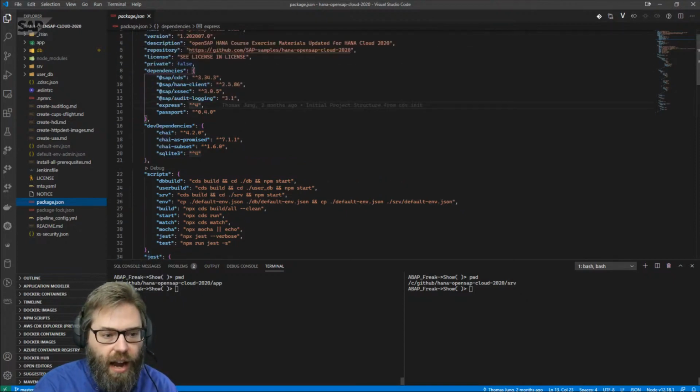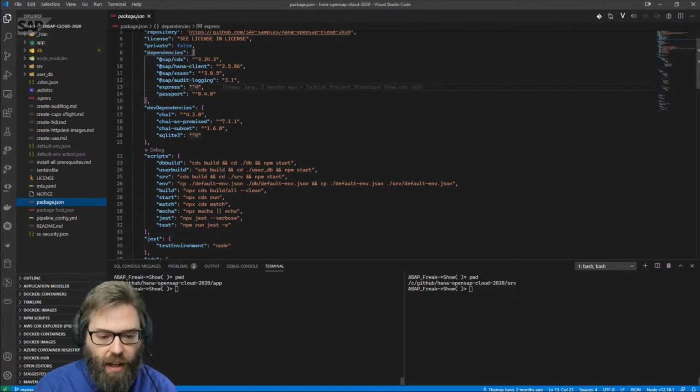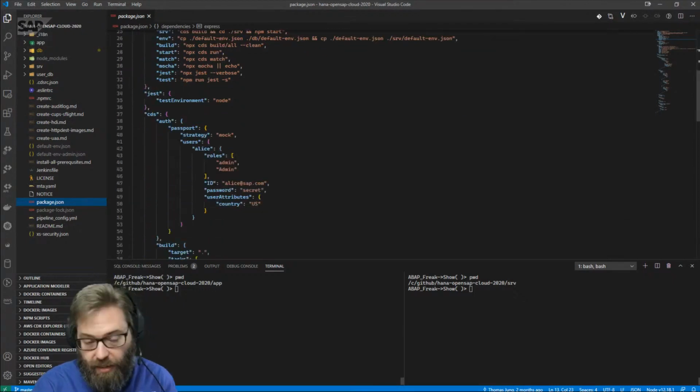And one of the things that I did after I generated the project and I added the modules, it had a database module and a service module and the app module for the app router and UI5 content. I did a couple things, and